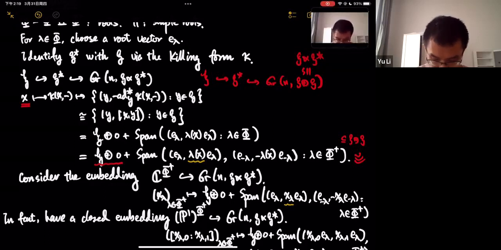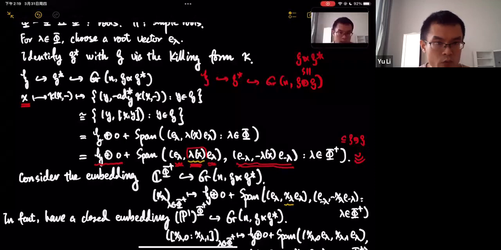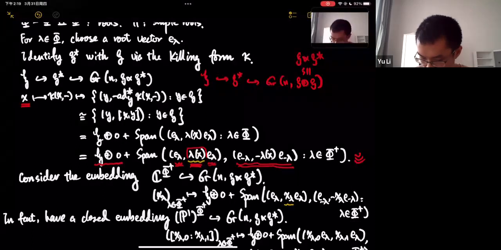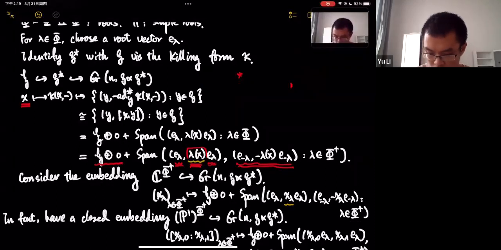So it's a span of what? The span of E lambda, the root vector E lambda, comma, some complex number, the root lambda applied to this element X of H times E lambda. And these vectors, everything comes with a negative sign. So the point is that to remember the image of X, one needs only remember these lambda X. Once you know lambda X, you of course know negative lambda X. And once you know all the lambda X, you know the image of X.